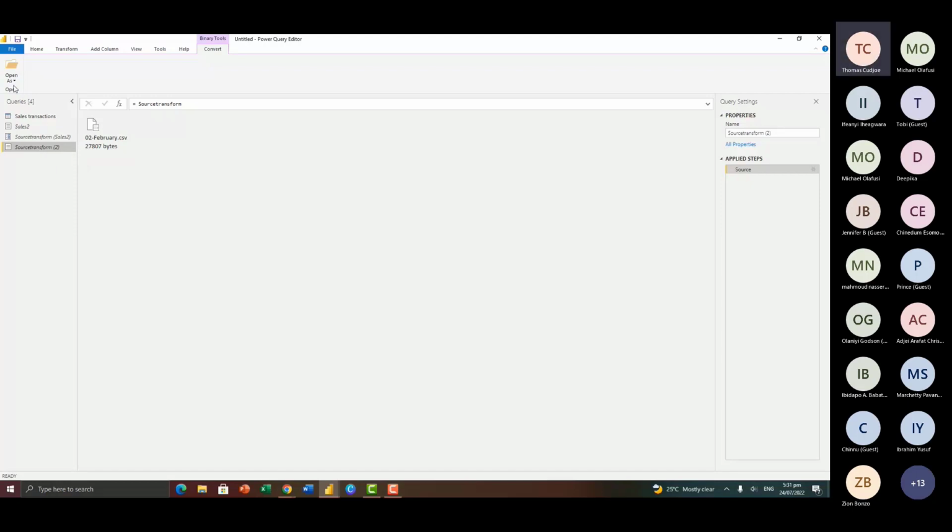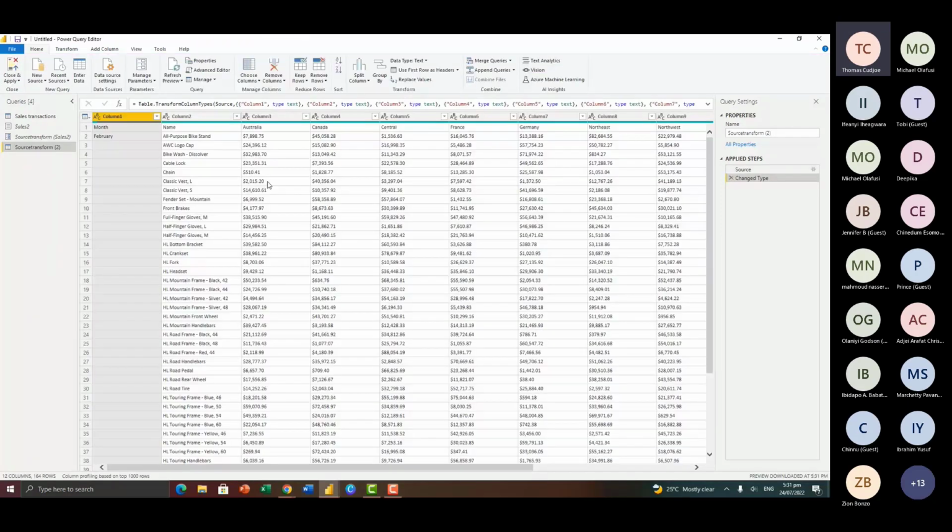Now here, we can click on the drop down. Sometimes this option doesn't work for me. So here, I'm going to click on this to be able to see the file. So I'll click on this, double click on this, and now this becomes the CSV file, which is going to be the sample file that I'm going to transform and apply the same transformation to similar data that we have here. So here, I'm just going to use the February one as a sample. And here I can do all the transformations that I want to apply to my data.